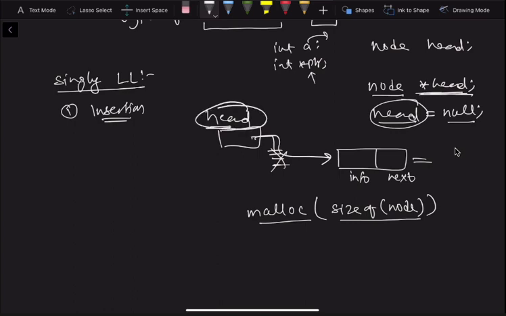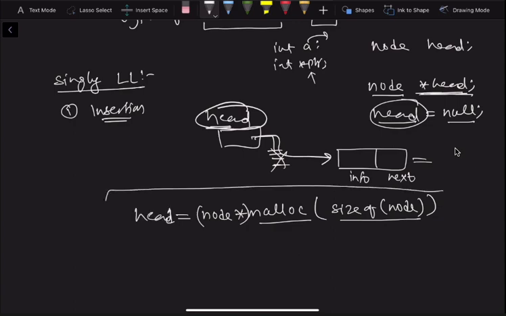But head is not a void pointer, it is of type node*. So that's why we have to typecast it into node*, and the address returned will be typecasted into node*, which we will hold in head. Now this is how you can create a node.